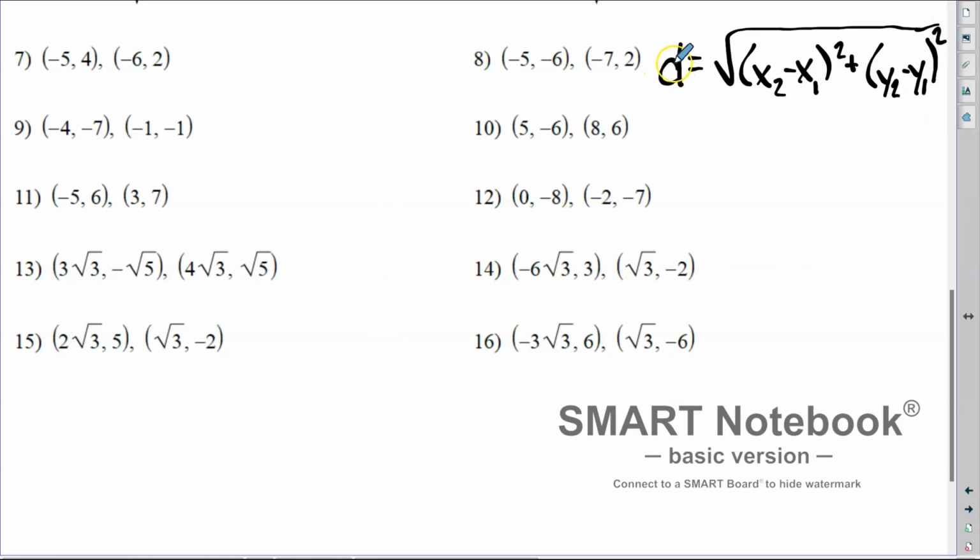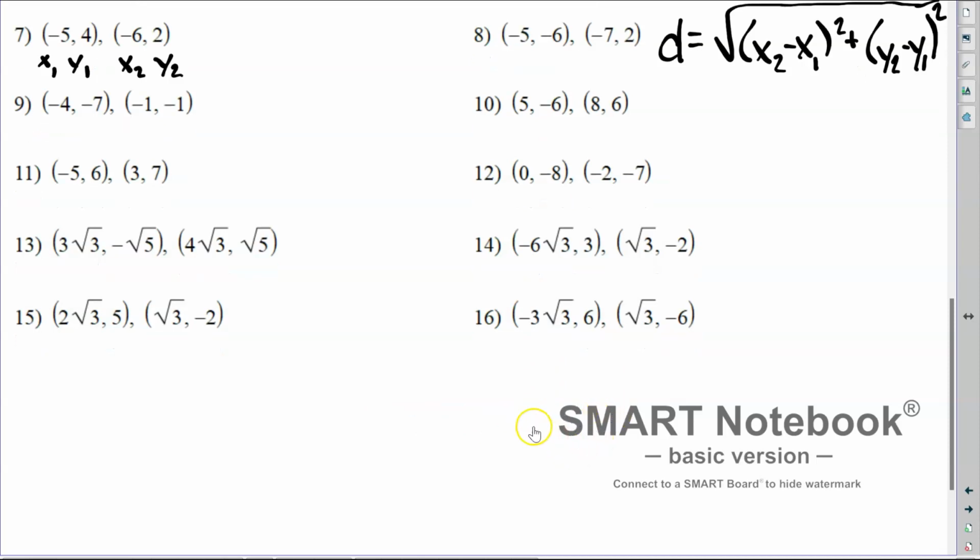Obviously what we need is d, which is what we're gonna produce after we substitute and perform the math here. Specifically, we need 2 points. So this first one, we'll keep it simple, is x1, y1. And the second point is x2, y2. Do this on each one, that way you avoid simple mistakes. And of course, every time you substitute, put parentheses, which will also help you avoid mistakes. Alright, so d equals